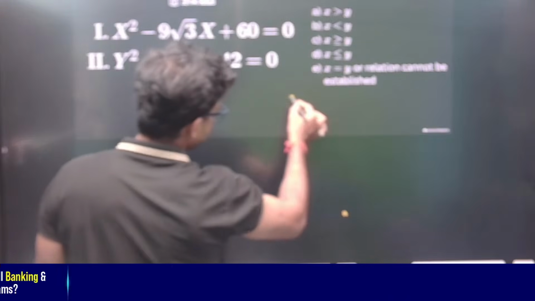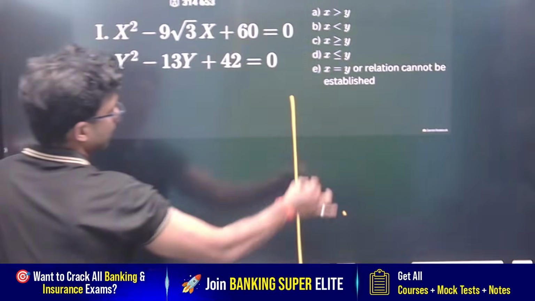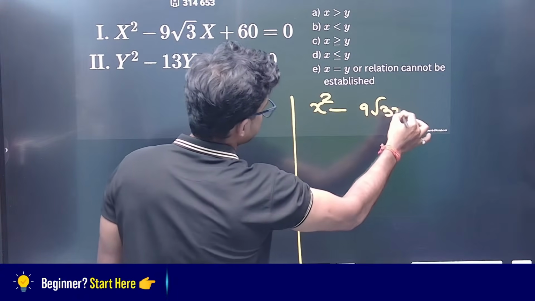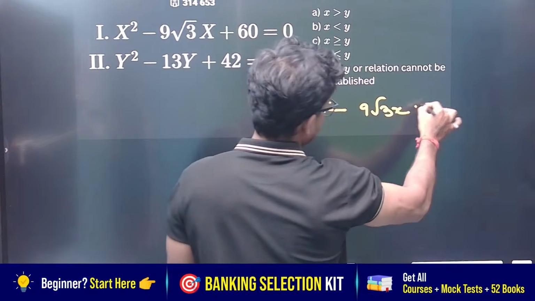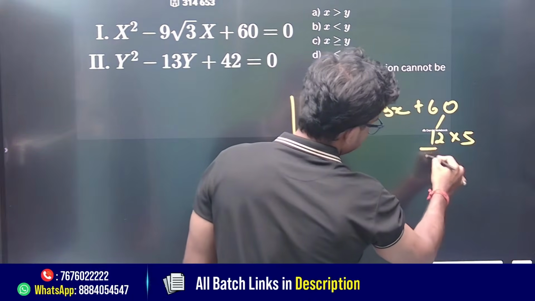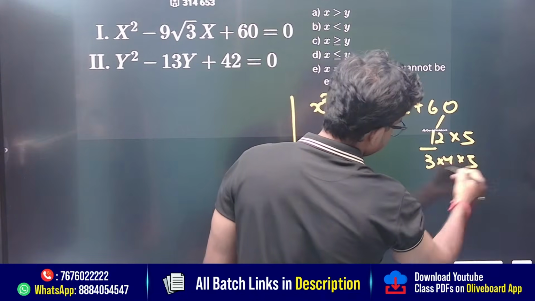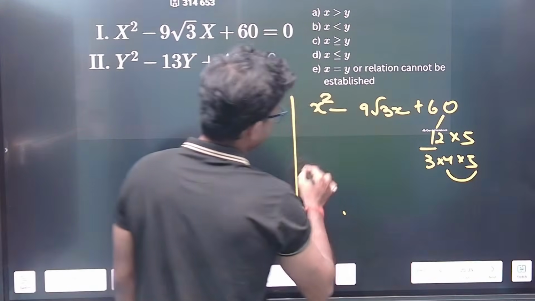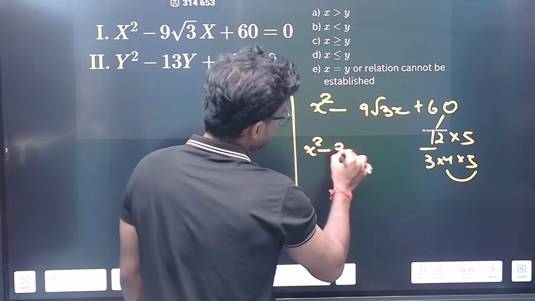See how to solve such kind of problem. x square minus 9 root 3 x plus 60. First of all, this is 12 into 5. This is 3 into 4 into 5. Now you can say that 4 plus 5 is 9. So x square minus of